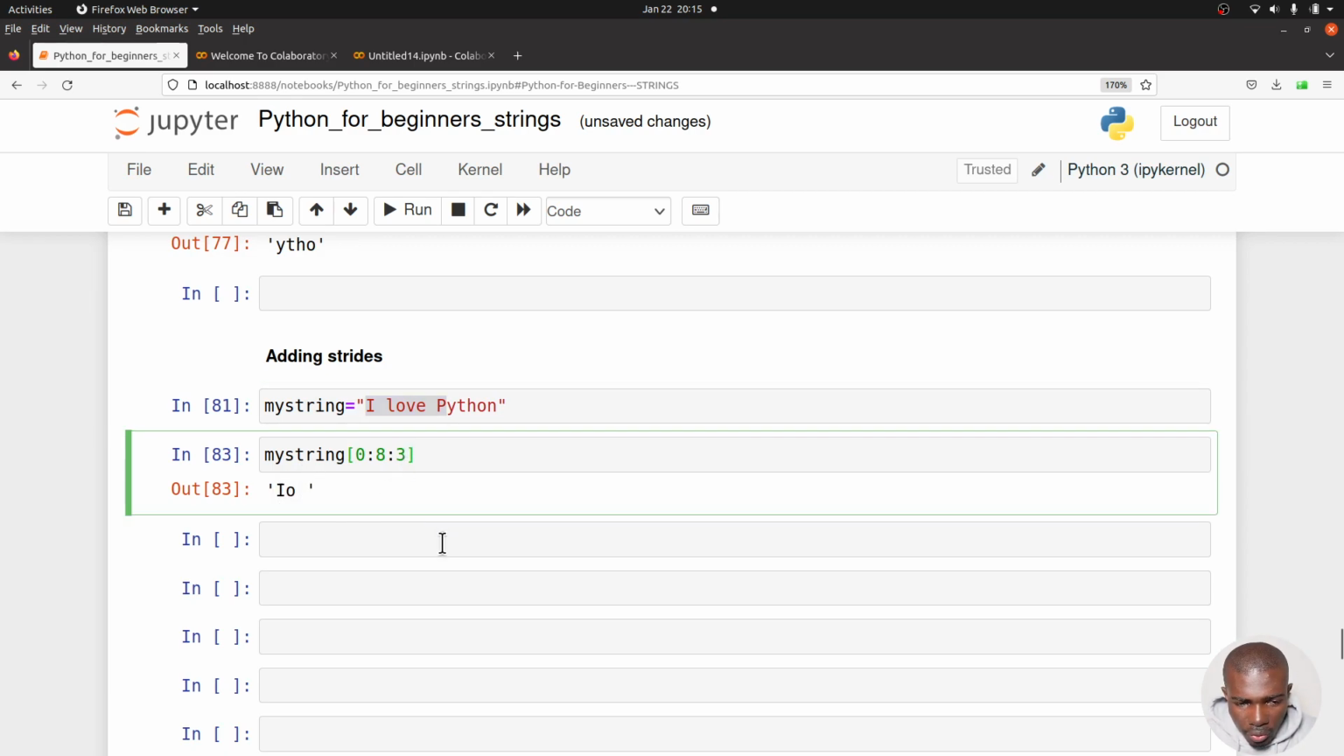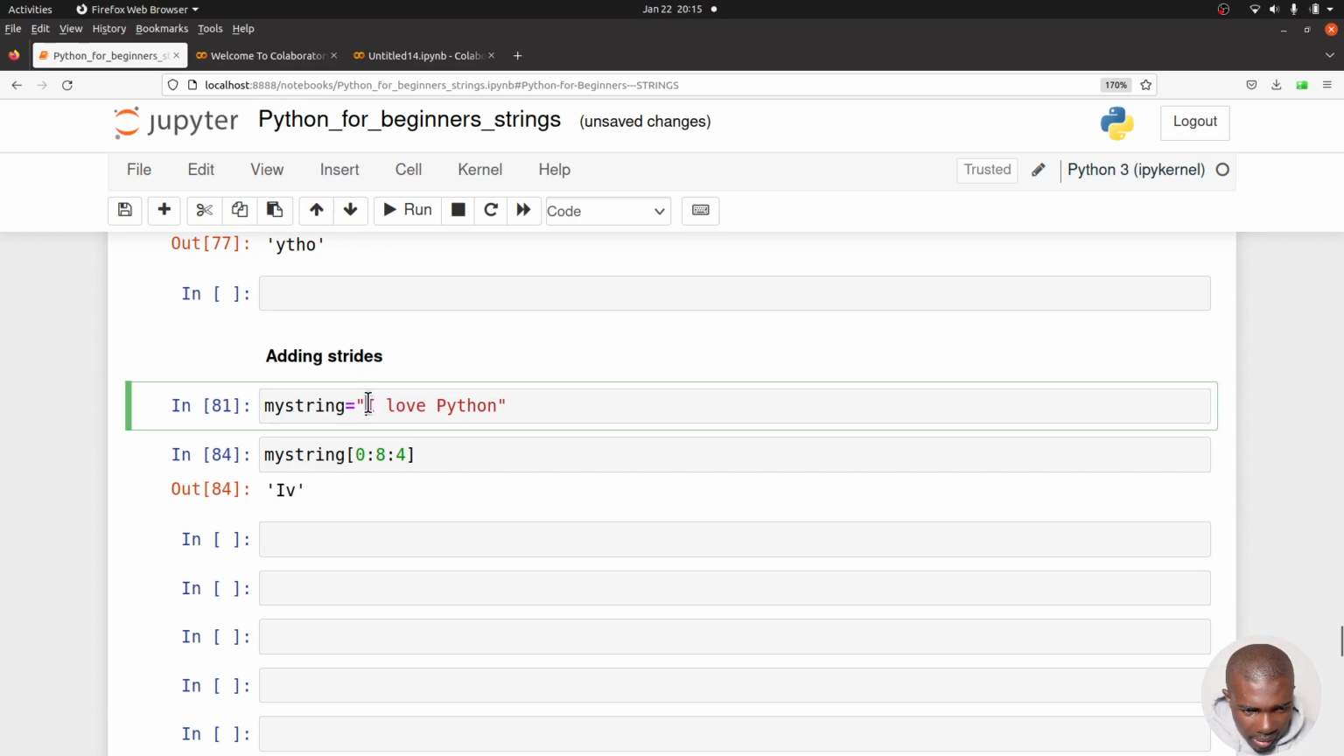Now, if I want to try with 4, let's try with 4 and then see. We have IV. So why do we have IV? This is the first one, I, 1, 2, 3, 4. That gives me V. But after V, 1, 2, 3, 4, this Y here is outside the range. That is why it will not be included, because it's 0, 1, 2, 3, 4, 5, 6, 7. That is what we have here. So the first one here, the range will be taken, and then in intervals of what has been given